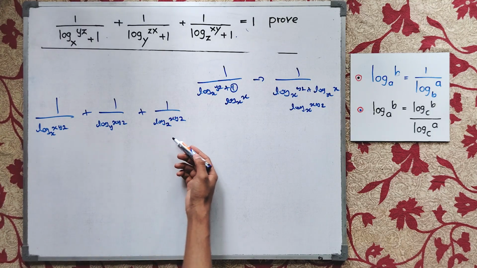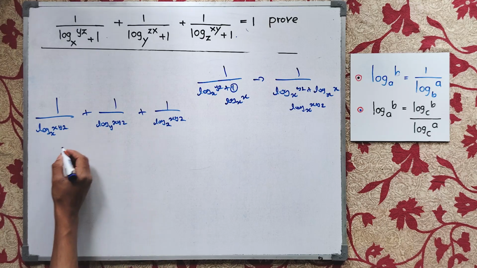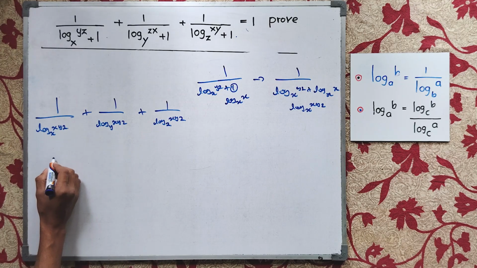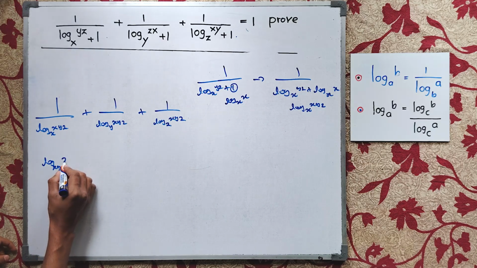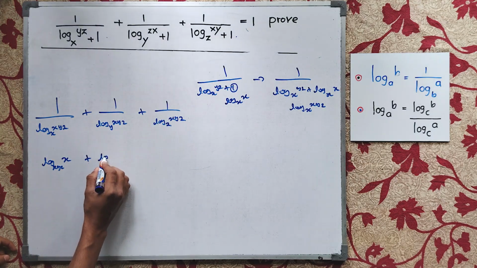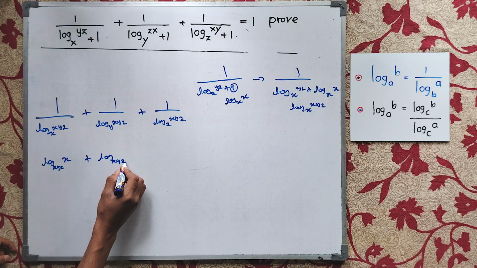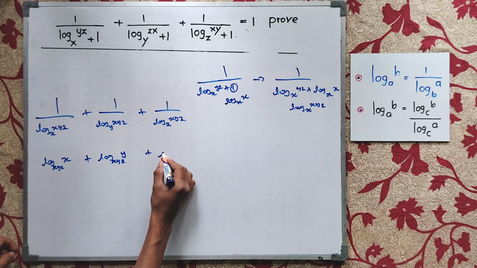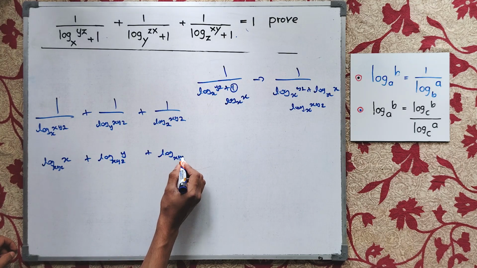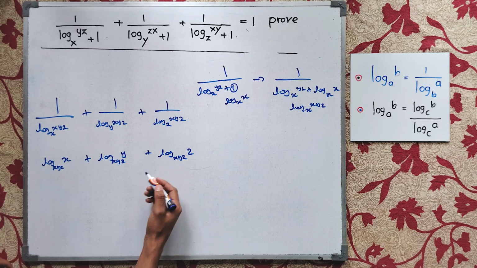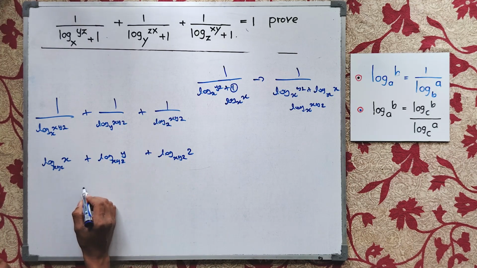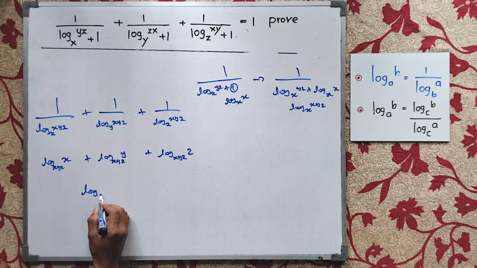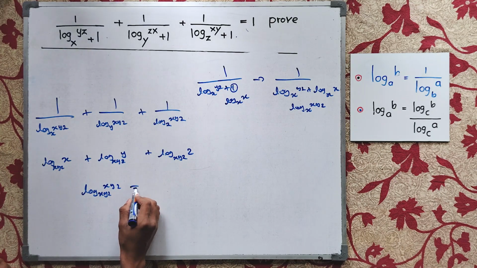So now you see we can apply this log, and I'm going to write this as the base becomes the value. So log base x y z, the value becomes x, plus log base x y z y plus log base x y z, right? And again we are going to use simple logarithmic rules and turn this into multiplication of the values, right? So you are going to have this as log x y z of x y z equals,